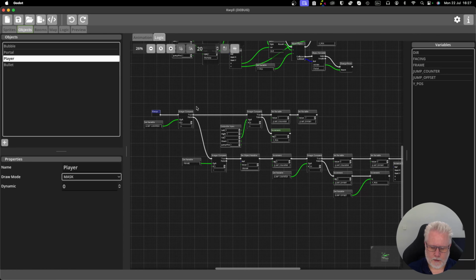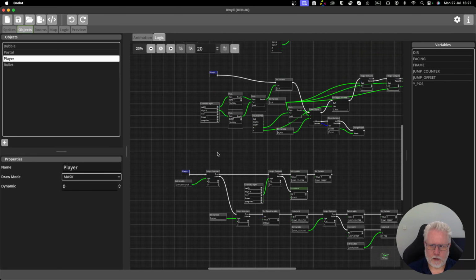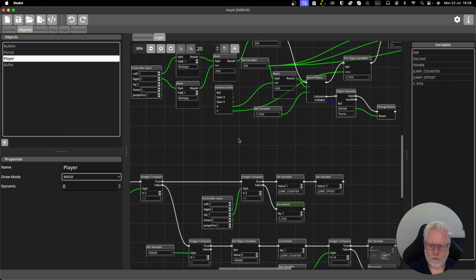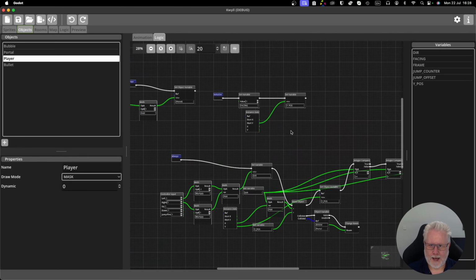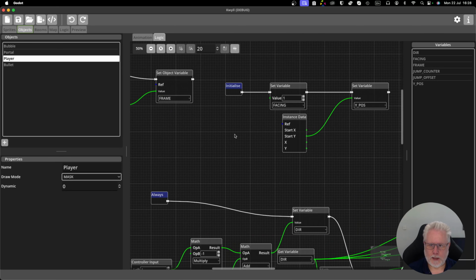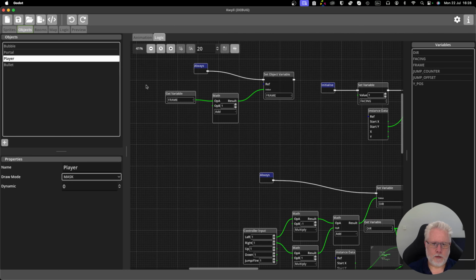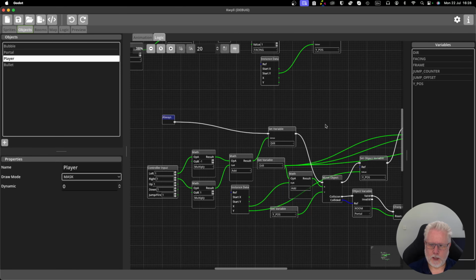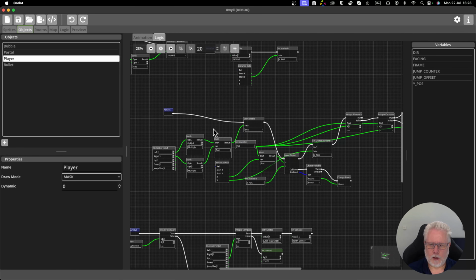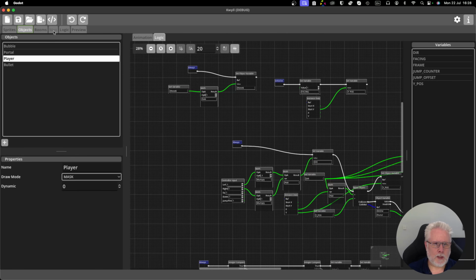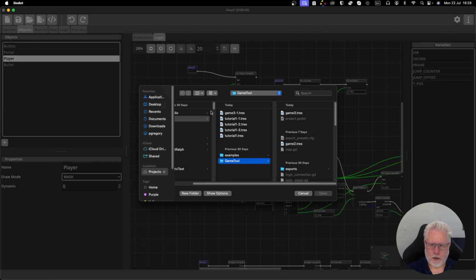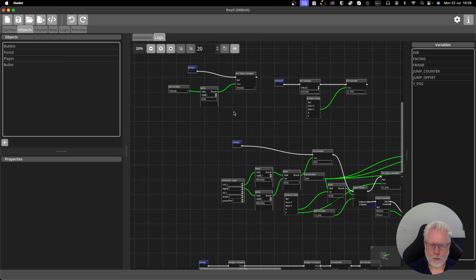So yeah, that's set node and increment. They were mainly just convenience features. They weren't adding anything new that we couldn't already do, just making it a little bit easier to do things that you have to do a lot of, and in doing so keeping some of these node graphs a little bit more manageable. So if we load up the other project, which is, or used to be,